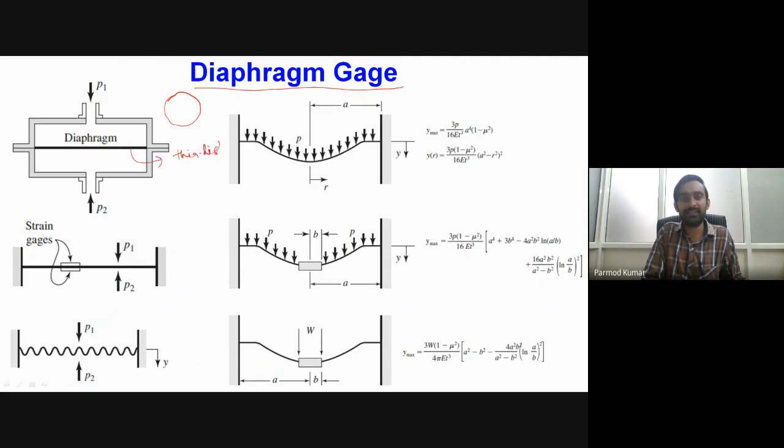Okay, so this is a thin disc like structure which is fitted, or particularly its outer edge is fitted over some specific geometry. Okay, that geometry is also nothing but of circular nature. Then across the two ends of the diaphragm we will be having some different pressure conditions. So depending upon the difference of the pressure or loading of the pressure, there will be deflection of the diaphragm.